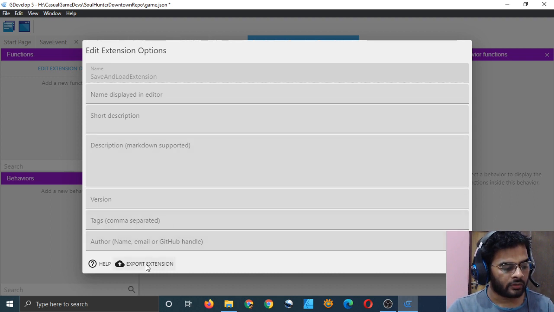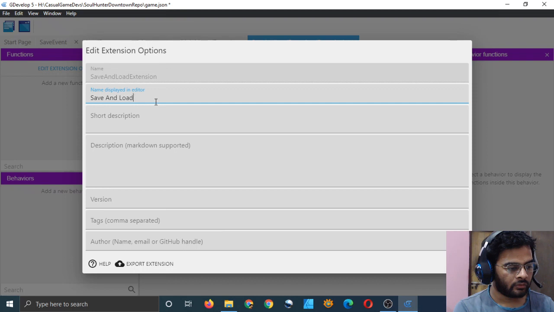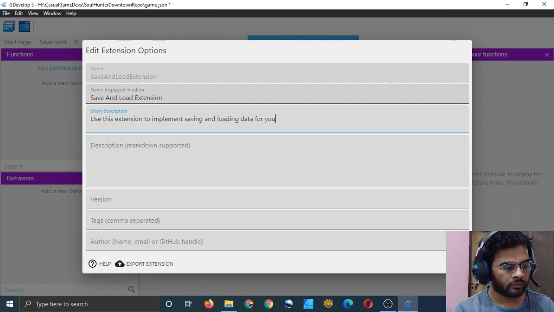I can export this extension. Save and load extension. Use this extension to implement saving and loading data for your game.